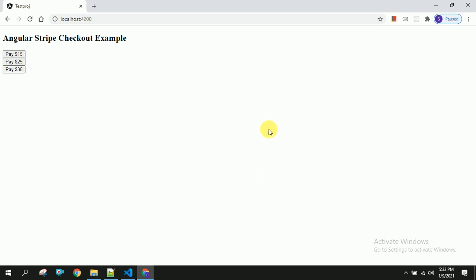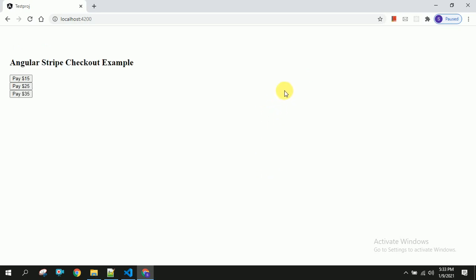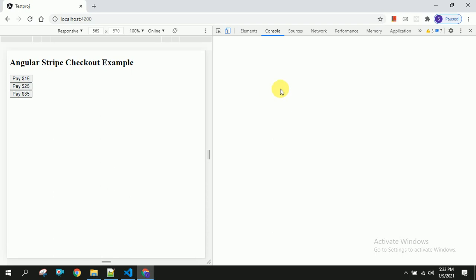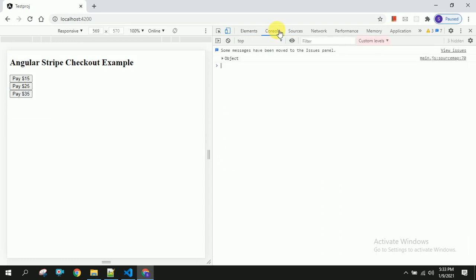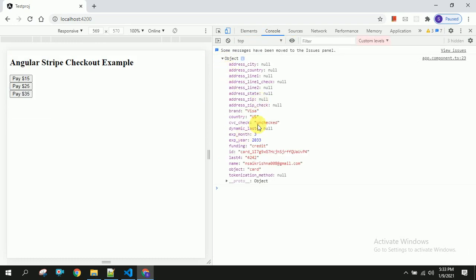And once we open the console, we will be able to see some details related to the user. If the payment is successful, then only you will be able to see this particular object. So this particular object consists of all the token details of Stripe payment, and you can see the payment CVC and country, brand, and you will be getting expiry year, everything related to the user and card. You can see the email address what user has given. So let us see how to do this practically in our Angular application.